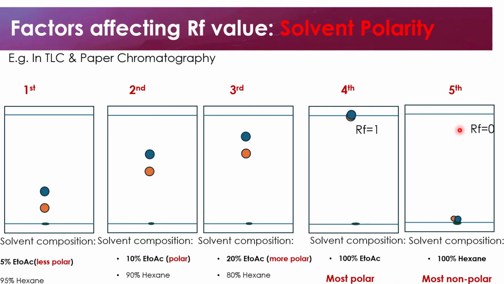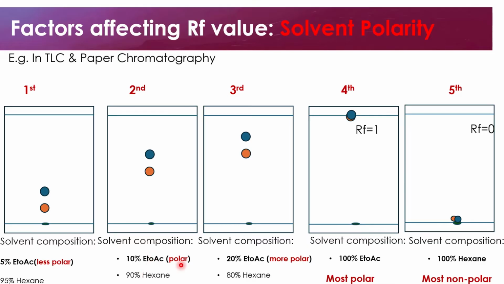The chromatograms here show results for thin layer chromatography using the same test sample, the same stationary phase, and the same mobile phase, but with different polarities. We can see in the first chromatography that a mixture of 5% ethyl acetate and 95% hexane was used as the mobile phase. In the second chromatography, a mixture of 10% ethyl acetate and 90% hexane was used as